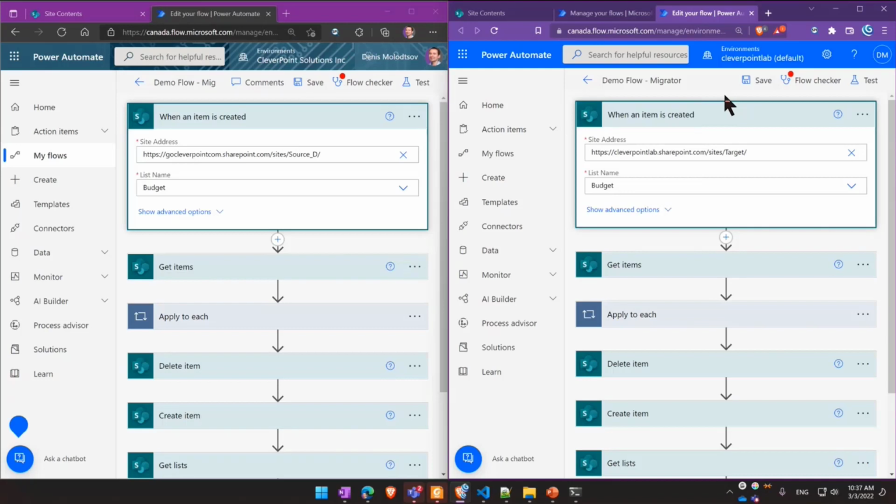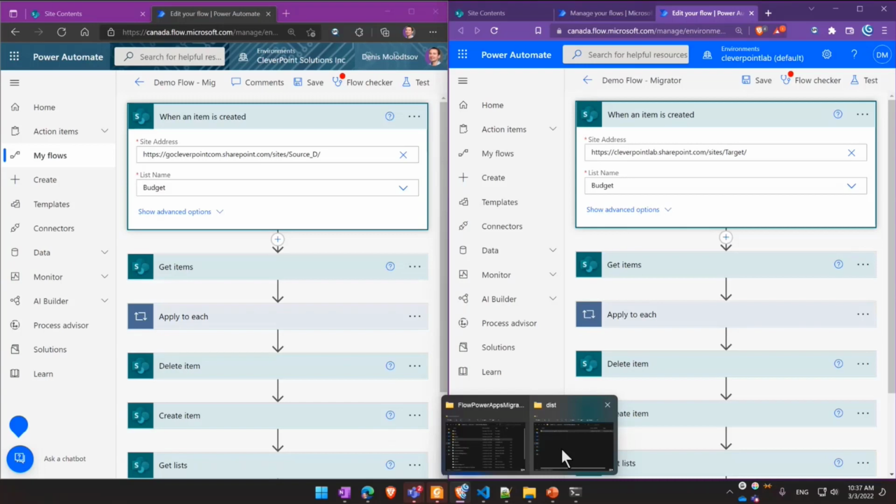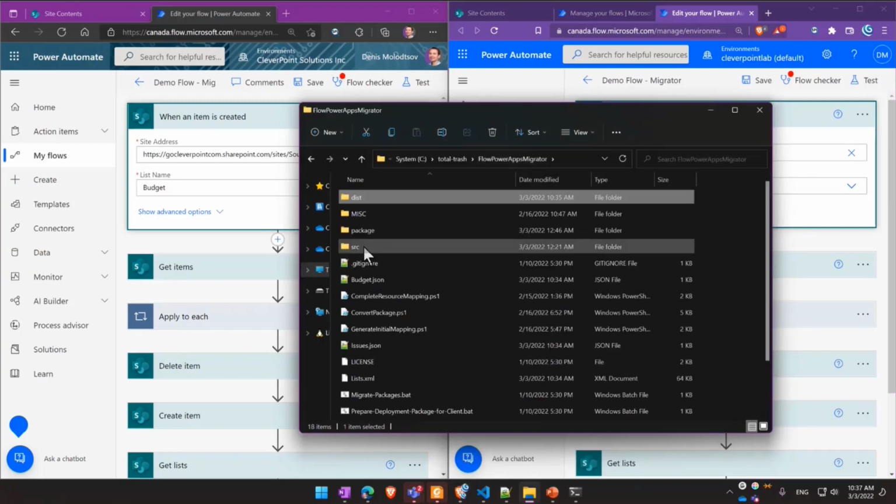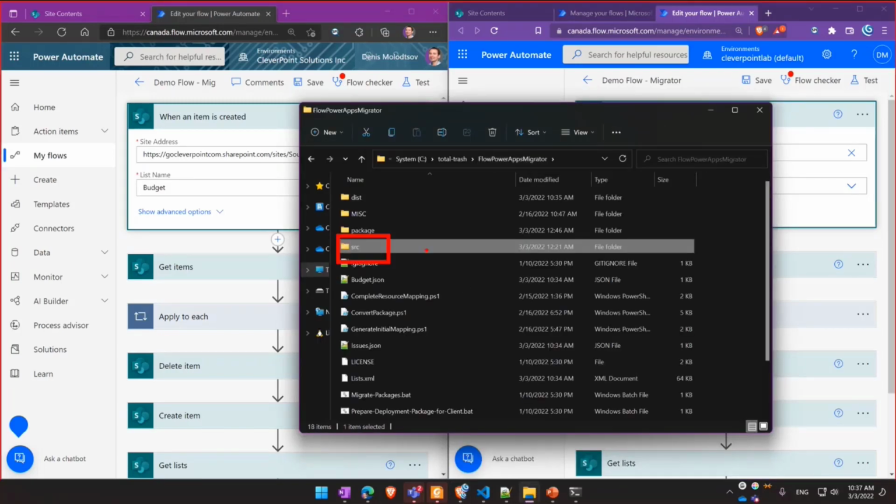If you want to migrate multiple flows, you simply export all of them, put them in the source folder, and then just go over the same steps you've just seen. Also, this tool migrates Canvas apps and even solutions. You might have large solutions that you are preparing for your clients, for example, that might have hundreds of pages of guidelines and deployment guides. To avoid that, you can use the same tool.